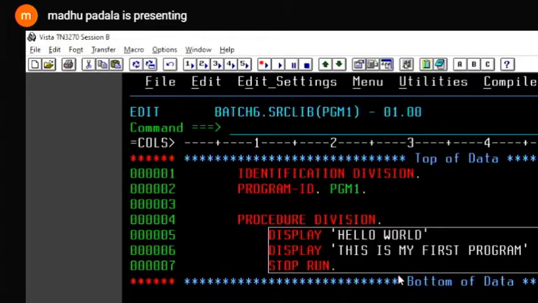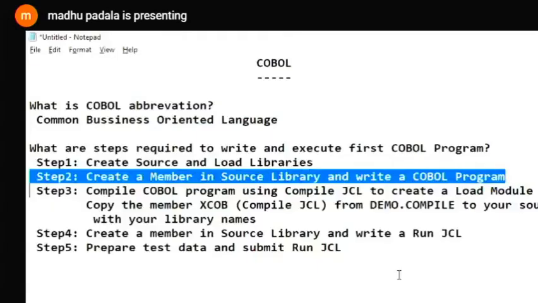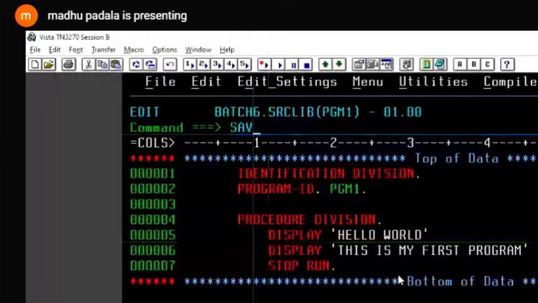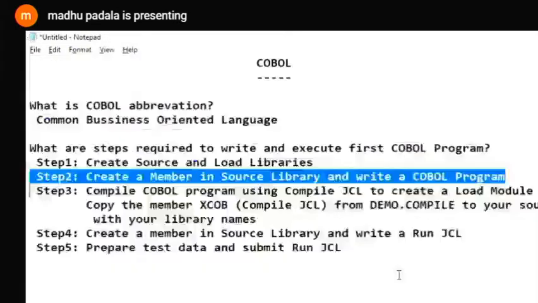Don't try to understand the program logic, but try to understand the steps required to execute a program. So our step 2 is completed. I'm saving it. Did we complete step 2 or not? Yes, sir. Okay.